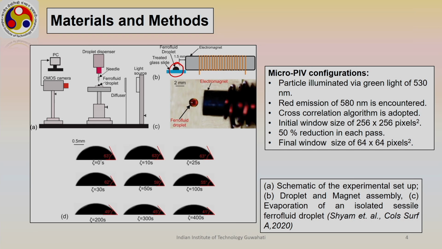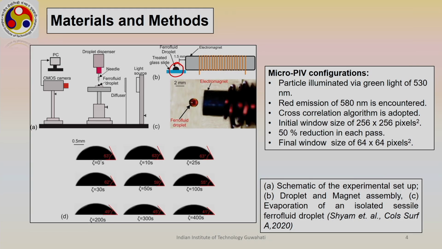Now, our objective, again I am telling, is to find out the internal flow structure. Since iron particles are there, if we switch on the circuit, the moment magnetic field is induced, the particles will be attracted and will migrate towards the magnet. We are maintaining sufficient distance, which won't allow the droplet to be in contact with the iron core. Rather, switching on the electromagnet circuit will create a disturbance and initiate a flow inside the droplet domain, and that is what we are interested in measuring.